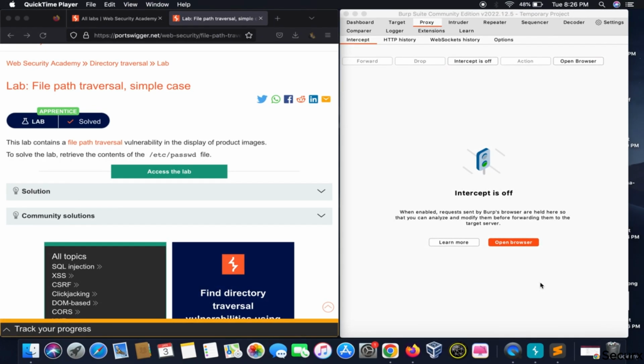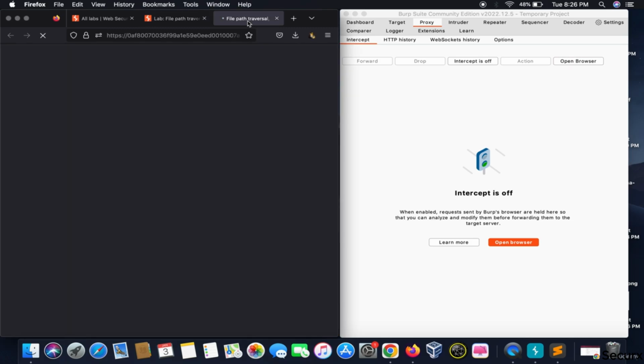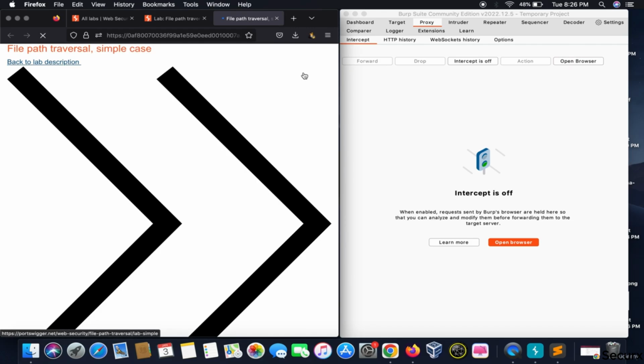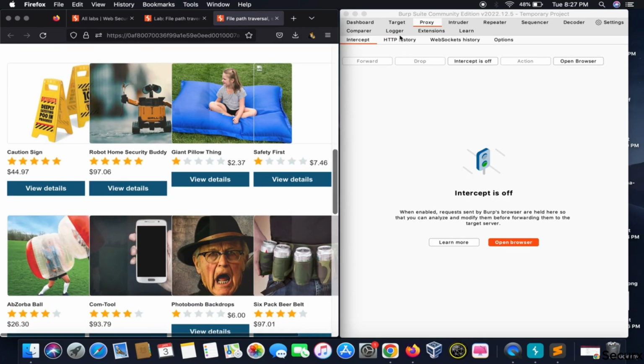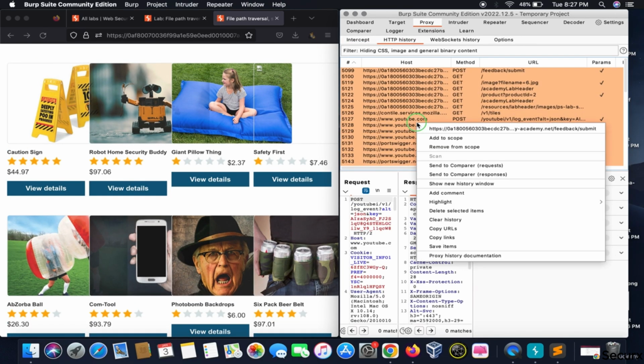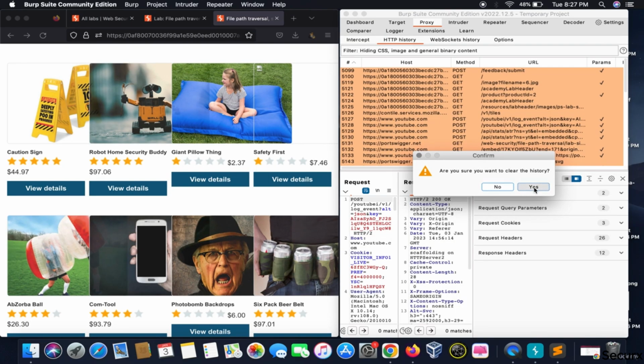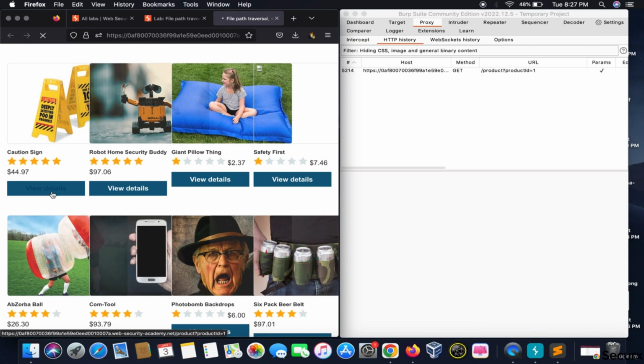In this illustration, we will do the practical of directory traversal. So let's load the lab. It says this lab contains a file path traversal vulnerability in the display of product images. So we already know where the vulnerability lies. We will wait for the website to load and we will clear the HTTP history for a better understanding of things. We would click on view details,